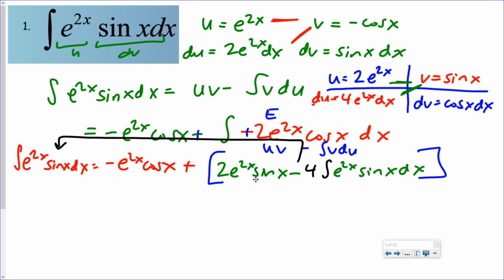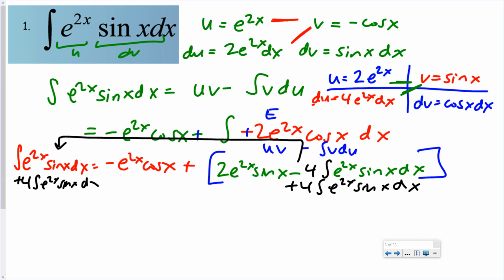You guys agree with that? It's no longer calculus. I mean, I know I've got an integral sign there. It's no longer calculus. This is just an algebra problem. I've got 4 of these on this side. I've got 1 of these on this side. If I add 4 of these to both sides,